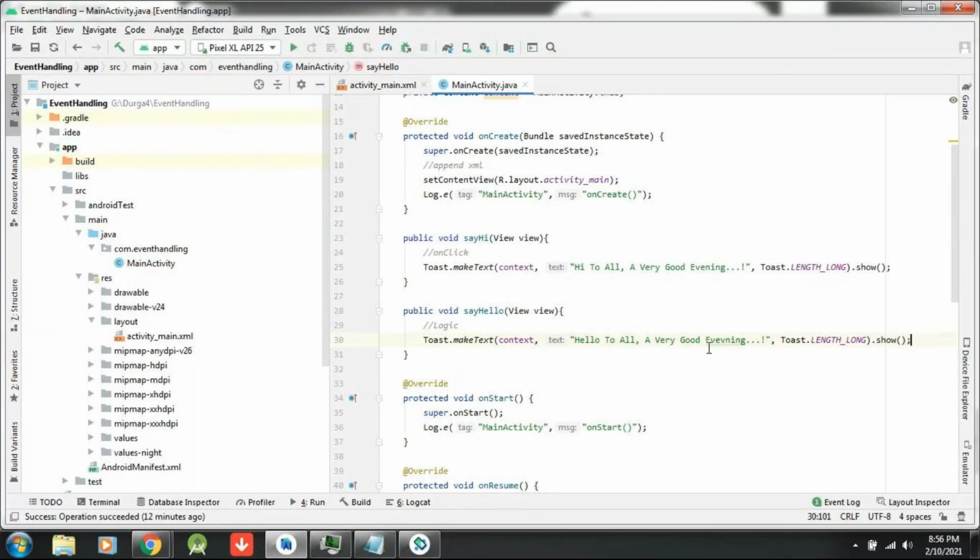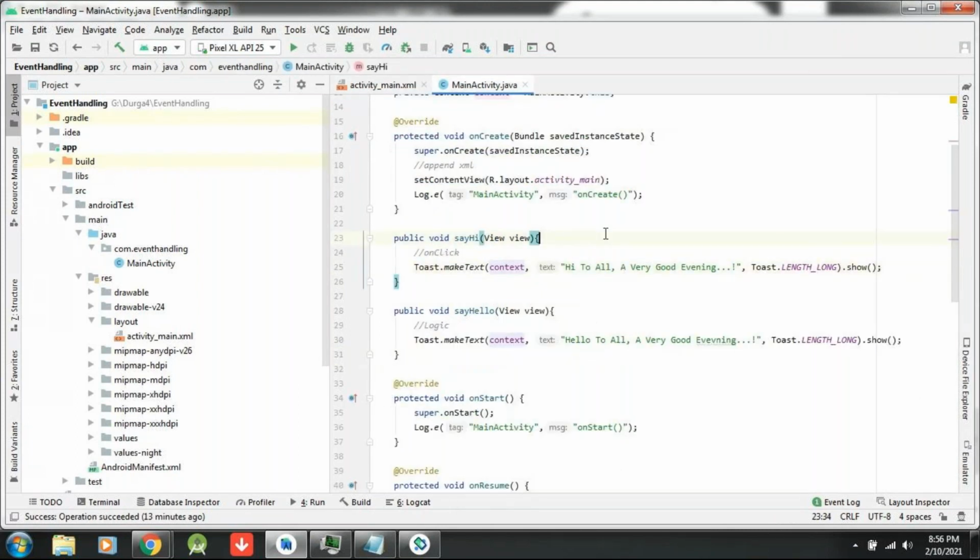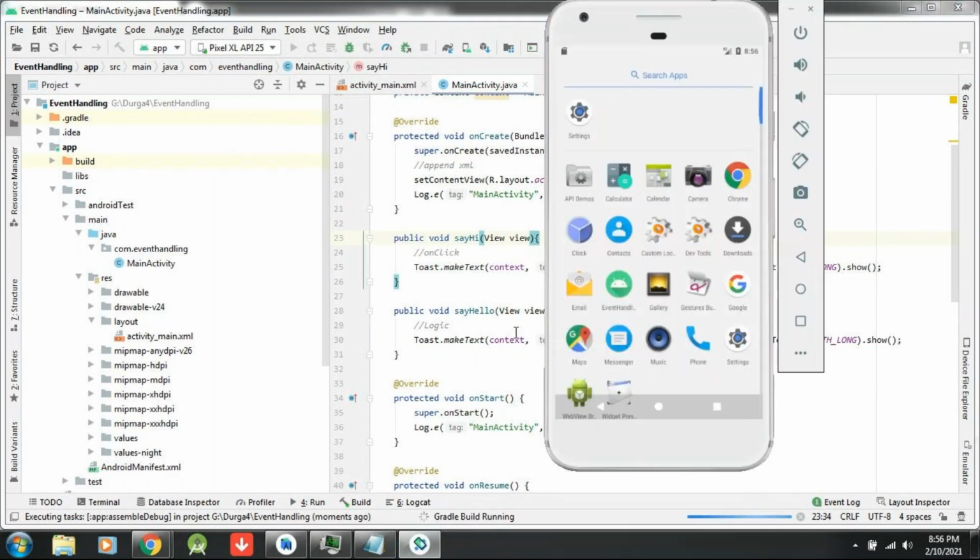So I have written two buttons, two methods I have written. Like that, if I take 10 buttons in one screen, 10 methods I have to create, which is not at all a good thing. Okay, let me run this. Whether it will run this time or not, I will check. Once we do it, we will go one by one. Don't worry. Maybe you are not understanding. Tomorrow also I will explain it. Don't worry. Actually, the problem from my side is my PC is not working properly today.